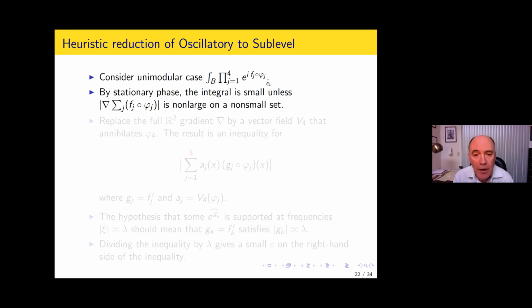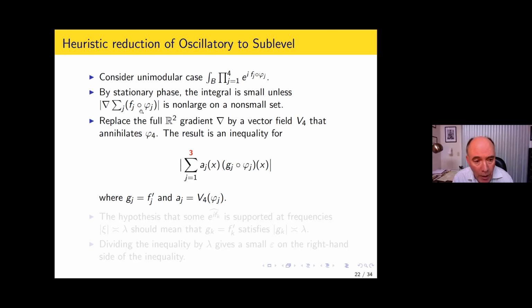Okay, and now I'm not going to exploit the full gradient. Instead, I'm going to exploit one component of the gradient. So let's define V sub 4 to be a nice analytic vector field which annihilates phi sub 4. And I'll just consider the V sub 4 component of this quantity. So as a result, the term that involves phi sub 4 gets killed, and I get a sum with only 3 terms. When you apply the vector field to this composition, of course, out comes